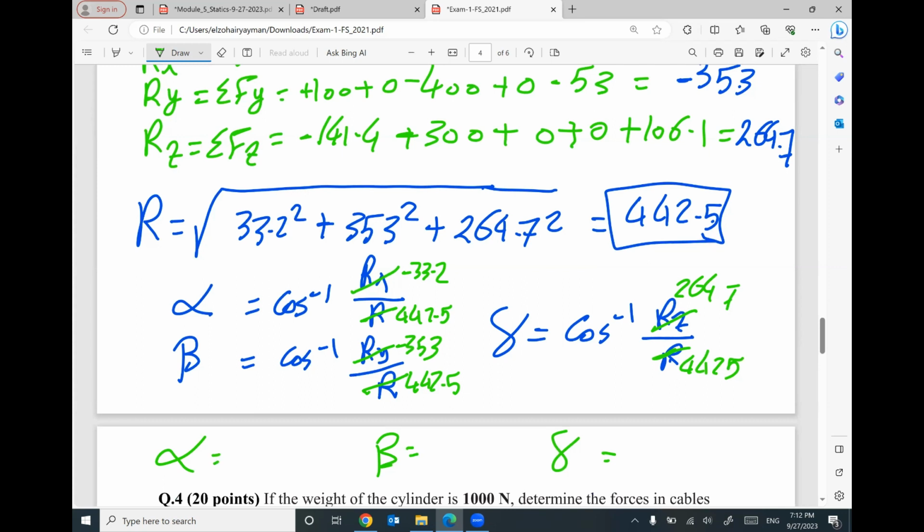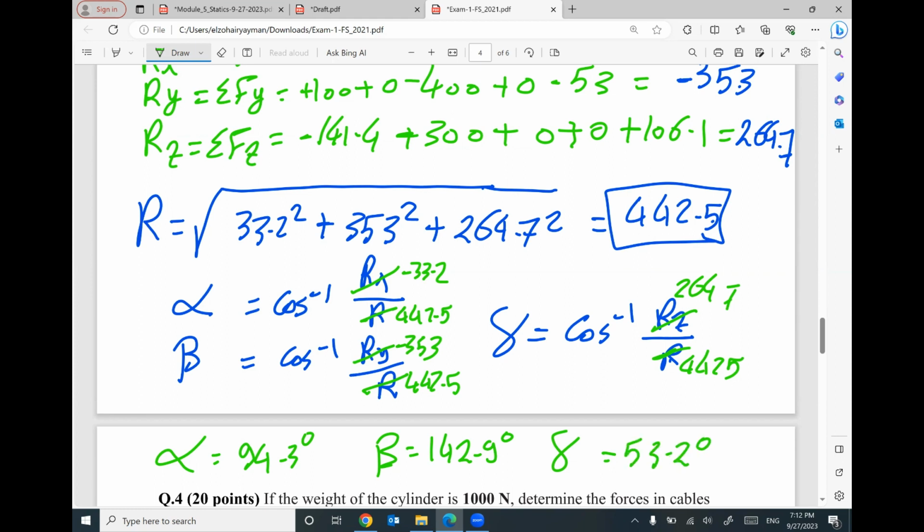Inverse cosine of negative 33.2 divided by 442.5, I got 94.3 degrees. Inverse cosine of negative 353 divided by 442.5, I got 142.9 degrees. Inverse cosine of 264.7 divided by 442.5, I got